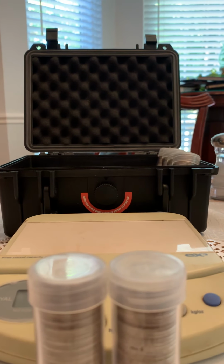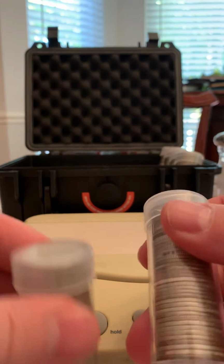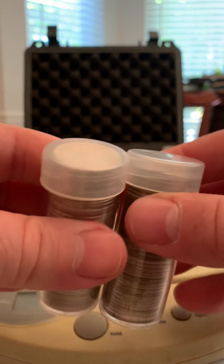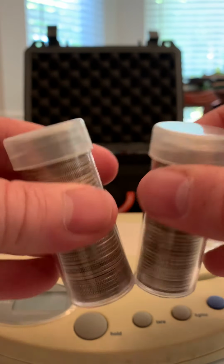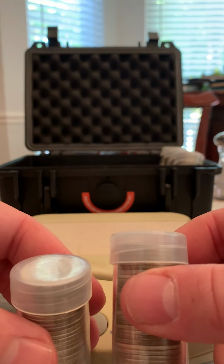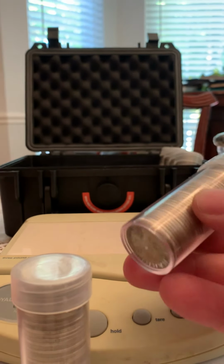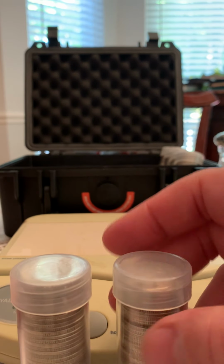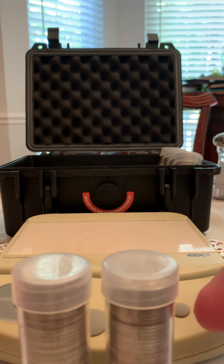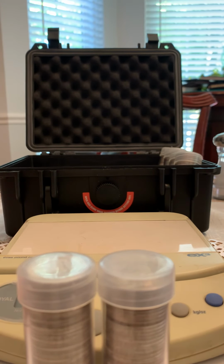Well, folks, I guess I'm going to make a different video than I planned to make. My planned video was going to illustrate how, after I talked to somebody who'd been in the silver stacking community for a while, you have to really watch out when you buy a roll of older, say, constitutional silver, like these quarters. You have to really watch out for the wear, because 40 worn coins aren't going to weigh nearly as much as 40 fairly newer coins. So to test this hypothesis here,